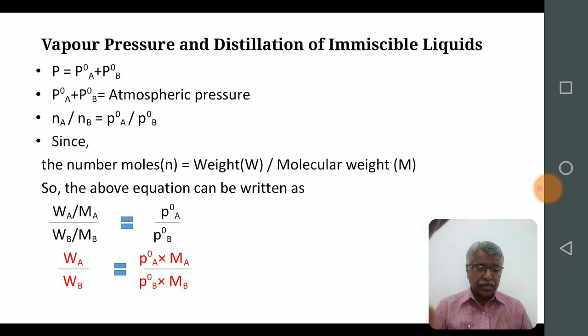Therefore, when such a system is distilled under constant pressure, the boiling point as well as the composition of the vapor will remain constant. In other words, the mixture will continue to distill off at a constant temperature as long as the two liquid layers are present in the distillation flask. As soon as the more volatile component is boiled away, the boiling temperature will rise to that of the less volatile component.